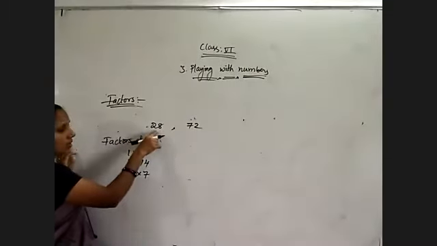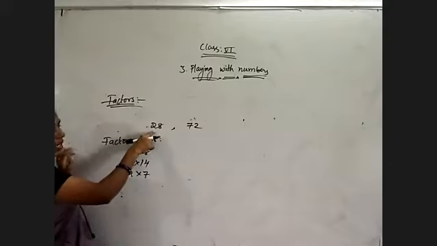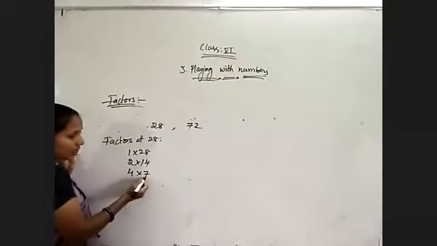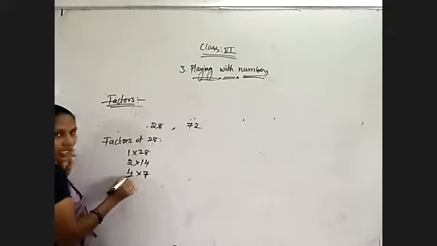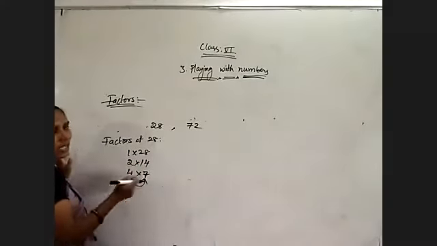6 we will not get because it is cancelled in only the 2 table. We will not get it in the 3 table, so it will not come in the 6 table also. 7, yes, already finished. 7 fours are 28. So already finished means there only you need to stop. No need to go for further numbers.